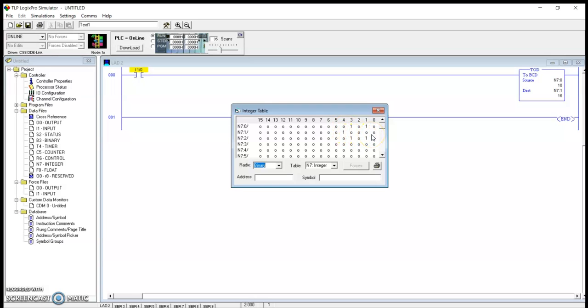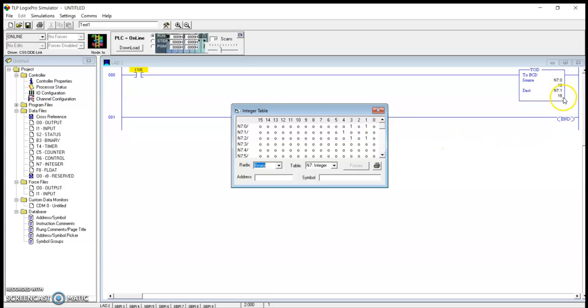The equivalent of 10 in binary is 1010, but in BCD, 10 means it will take each digit separately, 1 as separate and 0 as separate. For 0, four zeros will come. For 1, we have 0001. So that is what is written here.